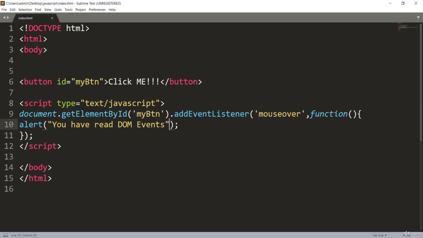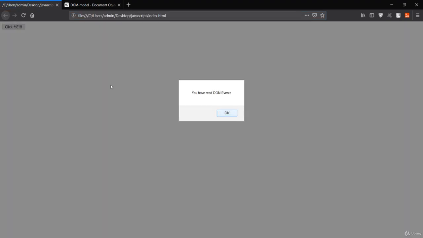So you can just change this event. Let me say mouseout, which is another event that fires when you move the mouse away from the button, or basically wherever you want.